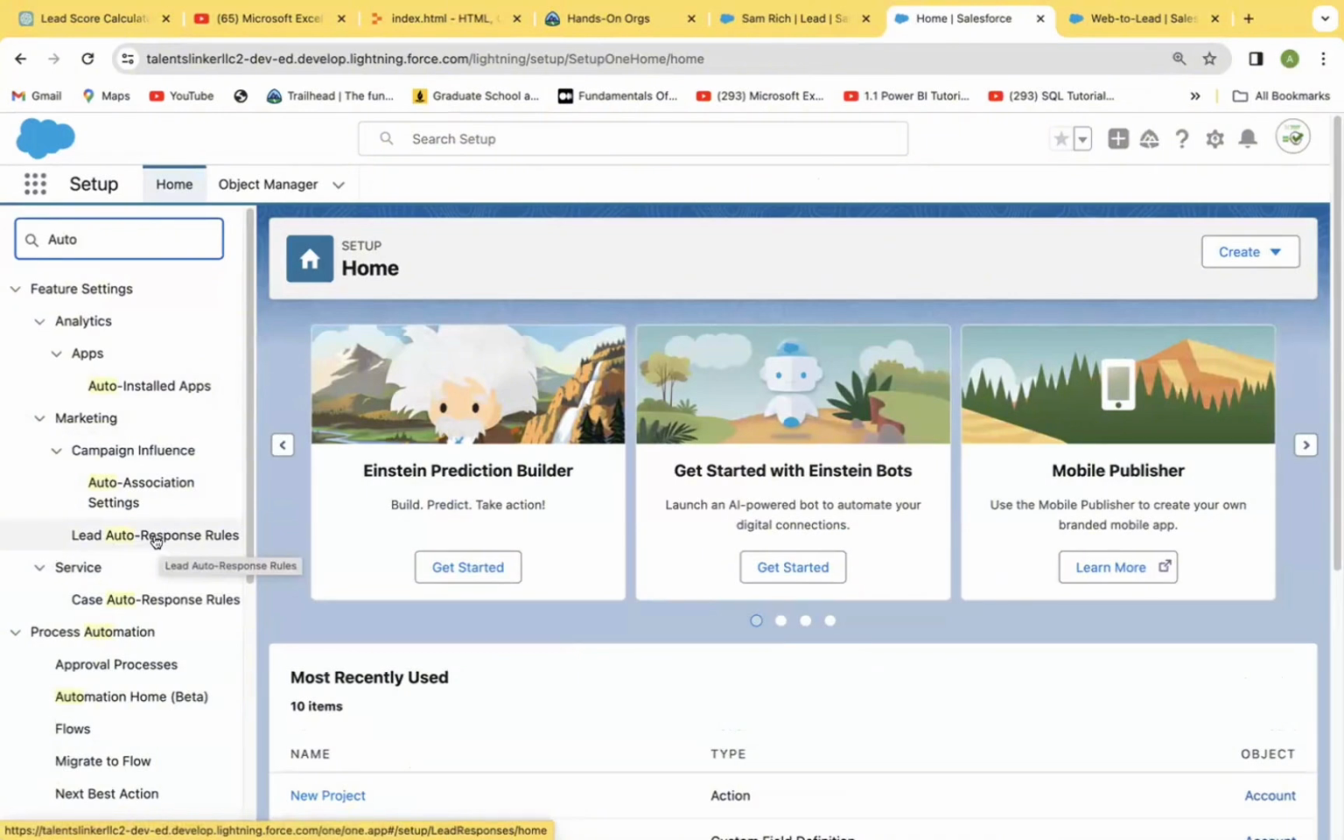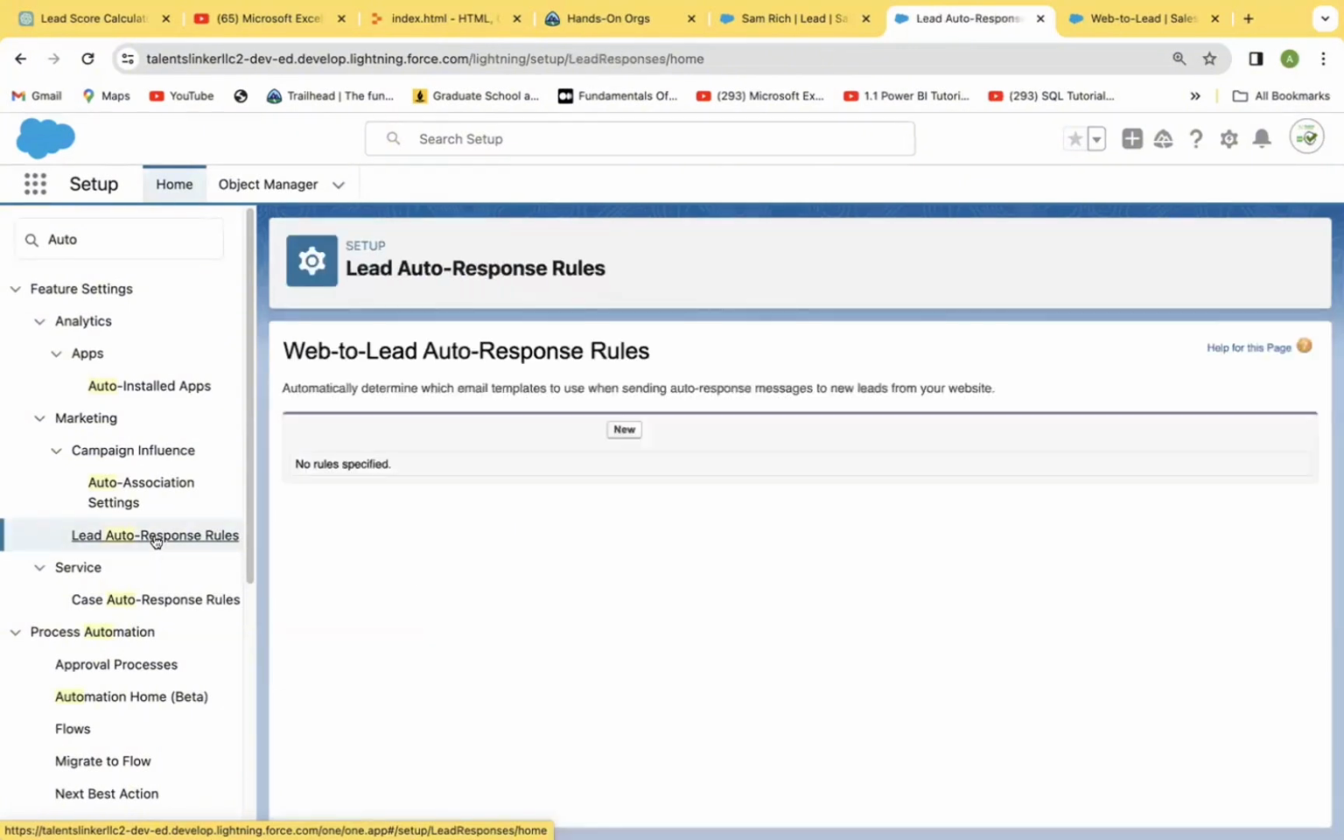We want a situation that when any form of lead comes from our company website, whenever it drops at our company platform, which is this free developer org that Salesforce gave us, then an auto response message should be sent to that particular lead based on the email address that the lead has provided. Then I can create a new